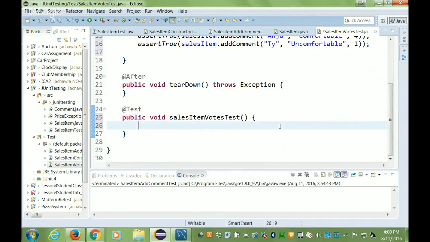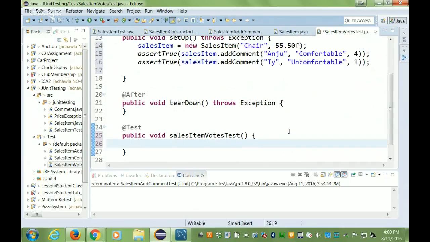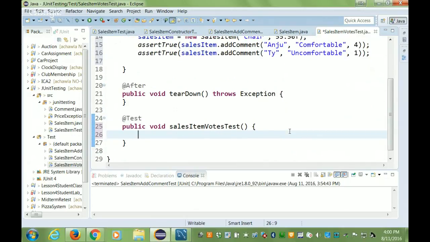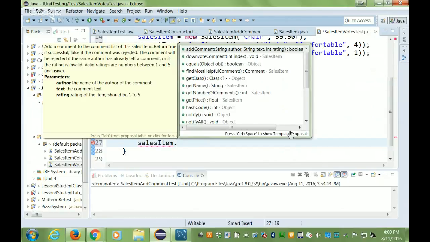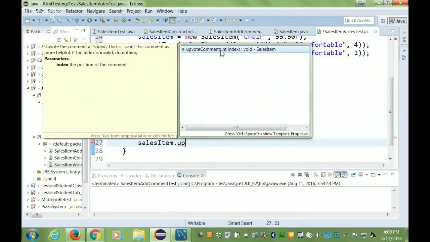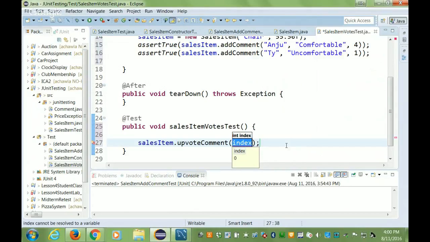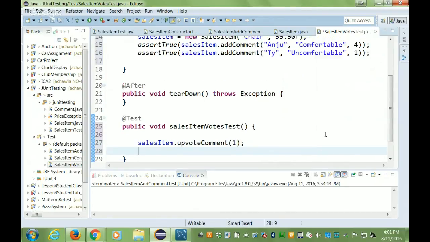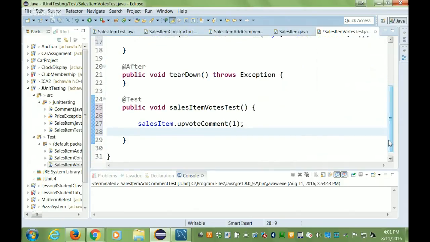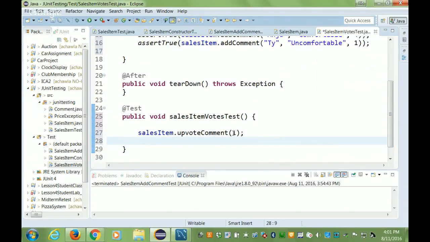Okay, so what does upvote say? Okay, this is the same comment twice. You can upvote with, okay, so let's go upvote. So sales item, oh, if I'm going to use sales, okay, that's in the setup. Sales item, what was it called? Upvote, I think. There it is. Let's upvote the comment at index number 1. Right? What happens to the votes? The votes go up by 1 for this, for Anju, right? Now I'm trying to see if I can say fail or pass is what I'm trying to see. Give me a minute. If I say 5,